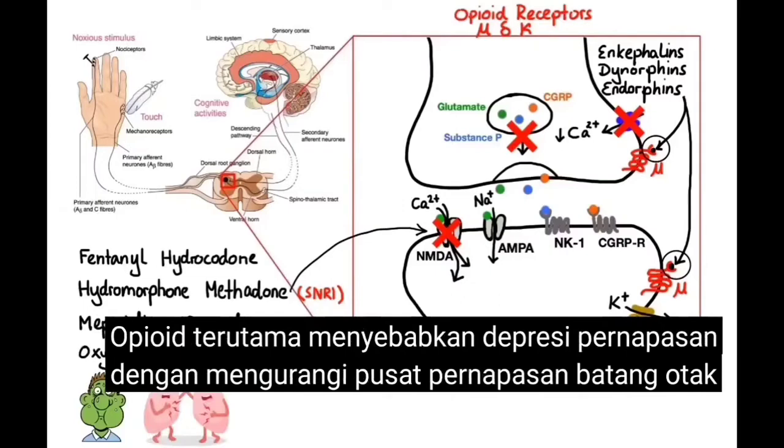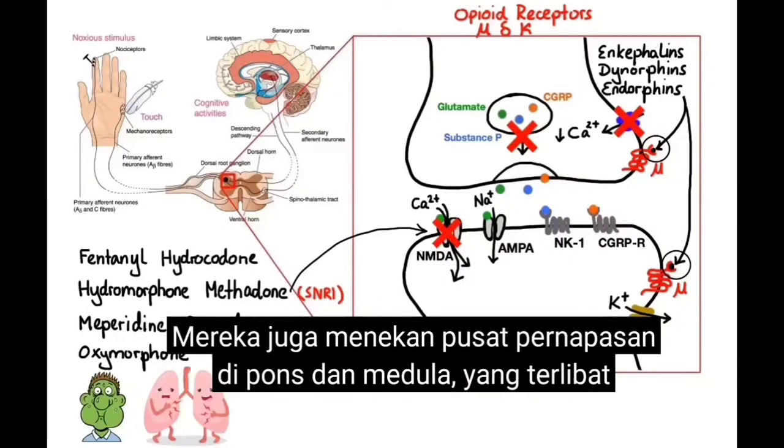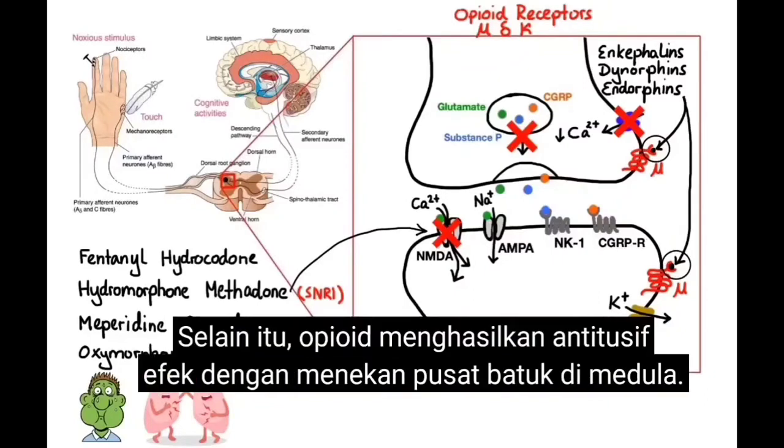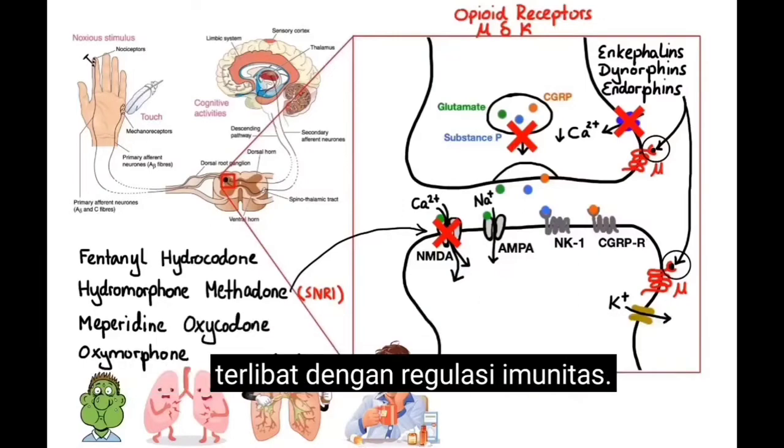Opioids primarily cause respiratory depression by reducing brainstem respiratory center responsiveness to carbon dioxide. They also depress the respiratory centers in the pons and medulla, which are involved in regulating respiratory rhythmicity. In addition to that, opioids produce an antitussive effect by depressing the cough center in the medulla. Opioids are known to be associated with suppression of the immune system, as opioid receptors are involved with regulation of